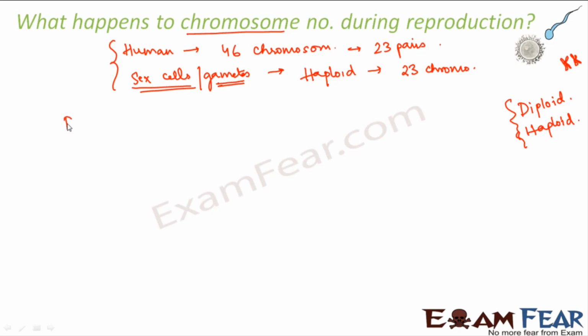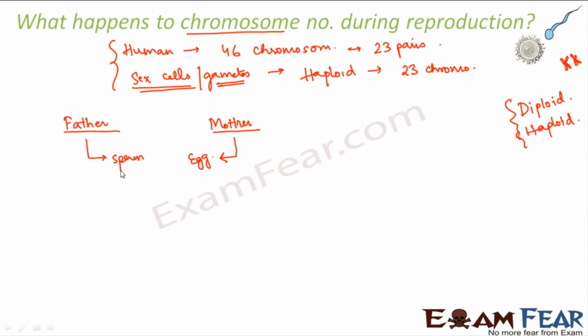For reproduction in human beings, it is sexual. So we need two parents. One is a father, the other one is a mother. They both are involved in the process of reproduction. Now how are they involved? What actually happens? From the father's body, that is from the body of the human male, a sperm is produced. So the father releases the sperms. Now this sperm, during the process of sexual reproduction, enters inside the mother's body and fuses with the egg cell of the mother. Right? When these two fuse, a zygote is formed.